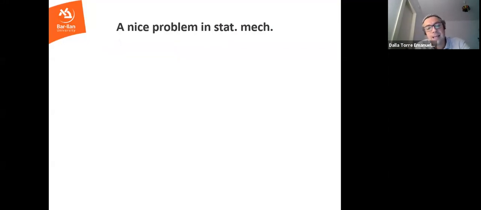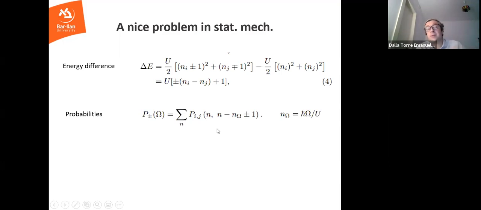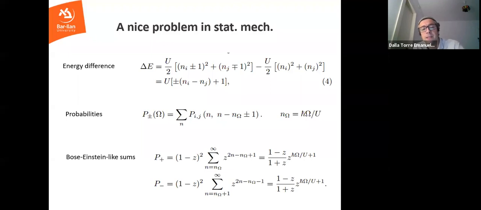So what we really need to do is to solve a very nice problem in statistical mechanics. I don't want to bore you with all the details. Just let me tell you what are the ingredients that we put in. So first of all, we compute the energy between the different states. So the states, you know, when you have n particles on one site and m particles on the other site, we compute the energies. Then we use this argument of resonances. So we look for a resonance and we ask, what is the probability of finding the resonance? Again, when the probabilities are drawn from some Boltzmann weights with the given chemical potential.